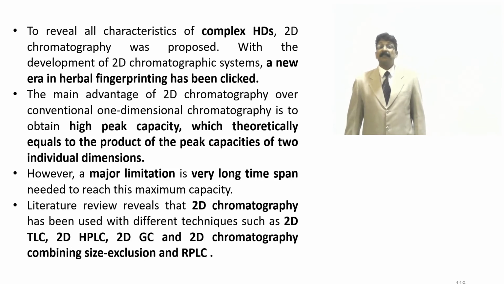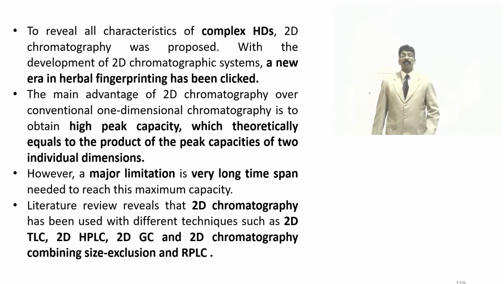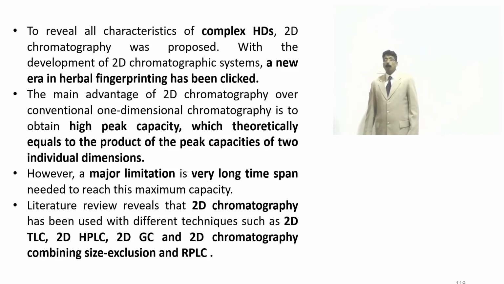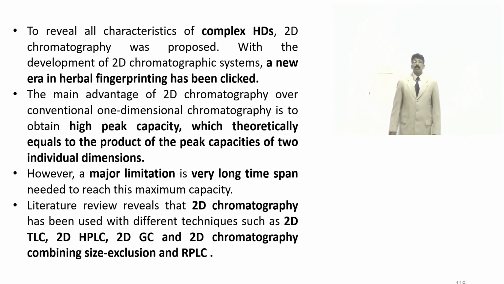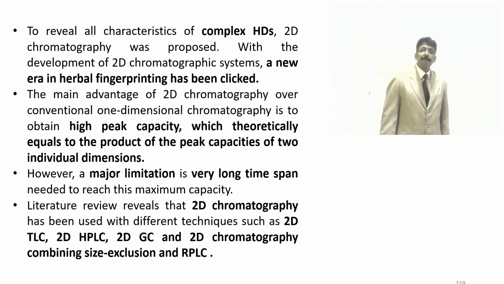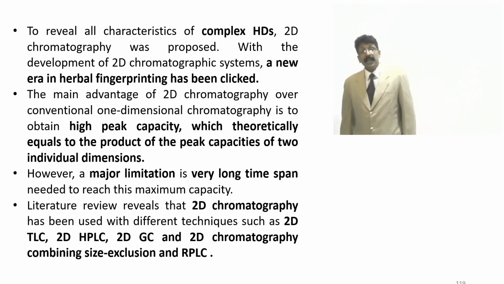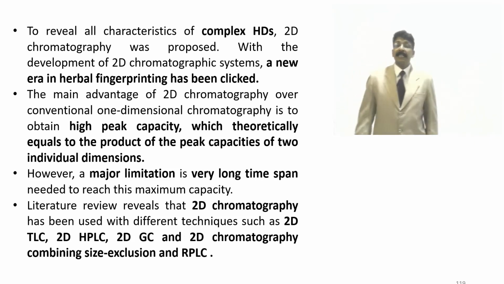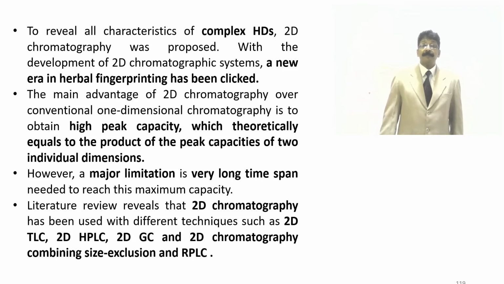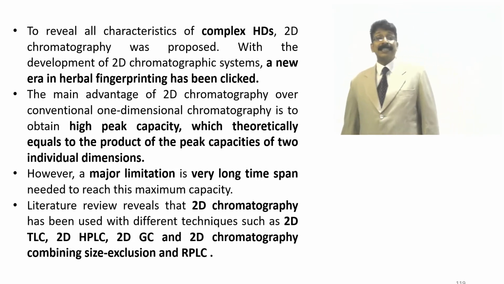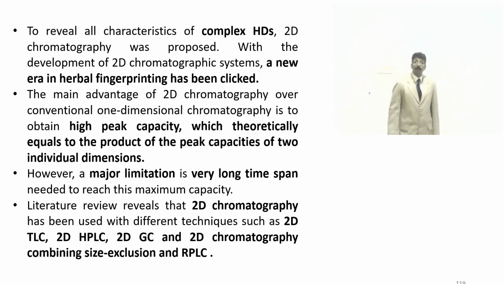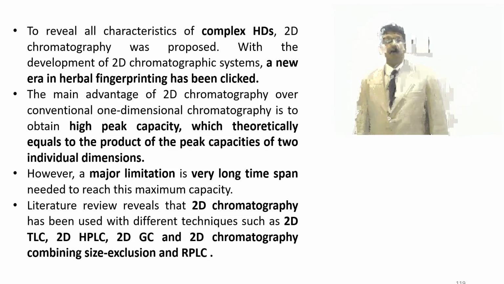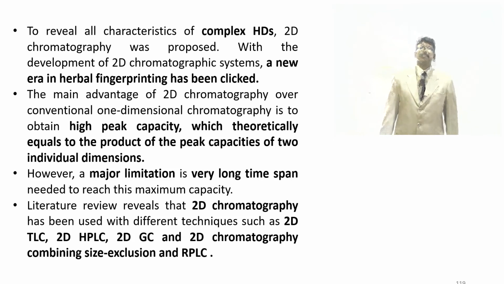Sometimes it takes some time for the 2-dimensional detection with 2 operative systems and 2 chromatographies. Literature review reveals that 2D chromatography has been used with different techniques such as 2D TLC, 2D HPLC, even 2D HPTLC, 2D gas chromatography, and 2D chromatography combining size exclusion with reverse phase liquid chromatography in HPLC is also done. So you can see that a combination of these 2 chromatographies can also be done,